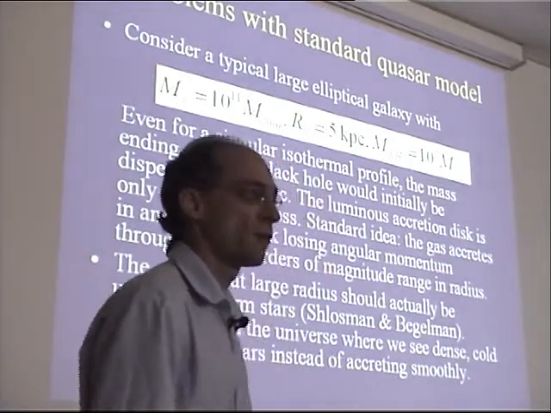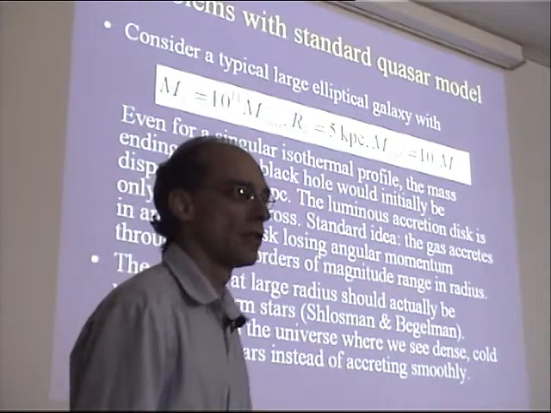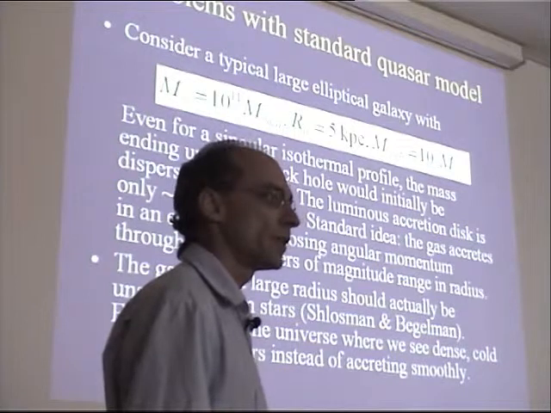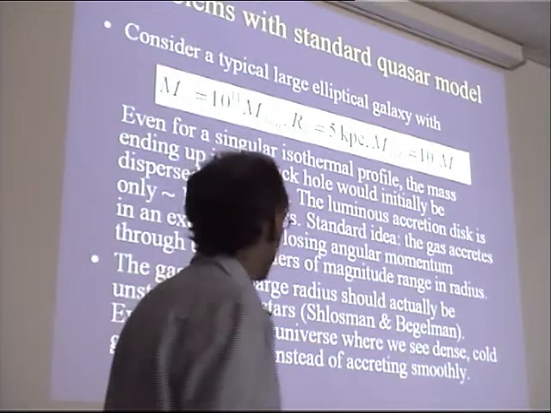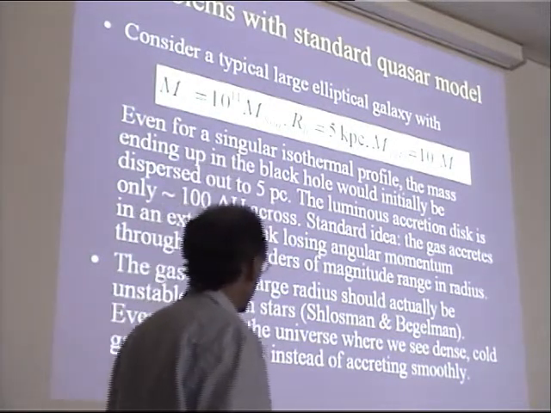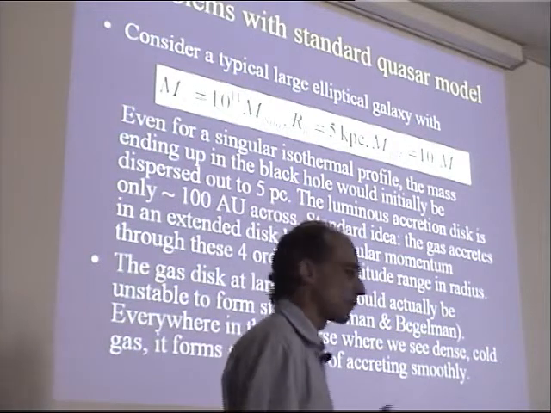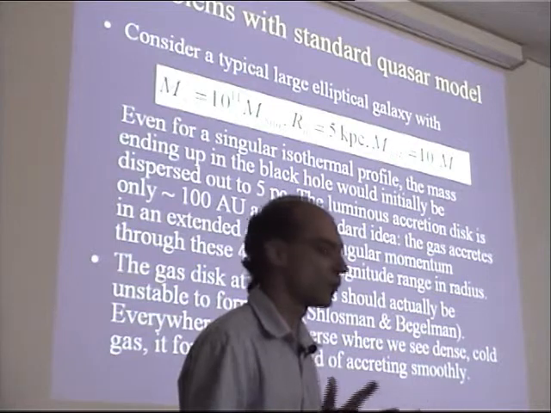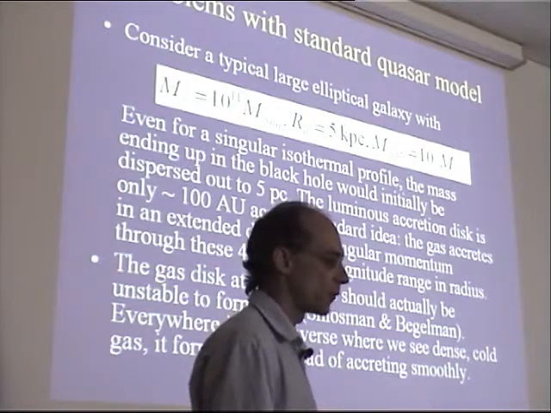Why not? I mean, anywhere else in the universe where one sees cold gas in a disk, the Jeans mass is low, we see star formation happening. So why not in this disk around the quasar? Why do we think that instead of forming stars, the gas will just undergo some viscous process and smoothly flow to the center through these 4 orders of magnitude?